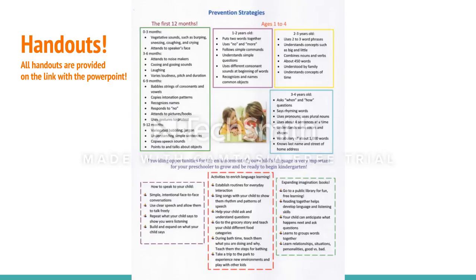Okay, so this is a handout that we would like all of you to have. That way you can go home and remember everything we've talked about. So I have at the top the first 12 months, as we talked about at the beginning, and those are things that you can reflect on. Go back and think about your child when they were at that age. Did they meet those steps at that time, or was it a little later? Maybe that it was delayed.